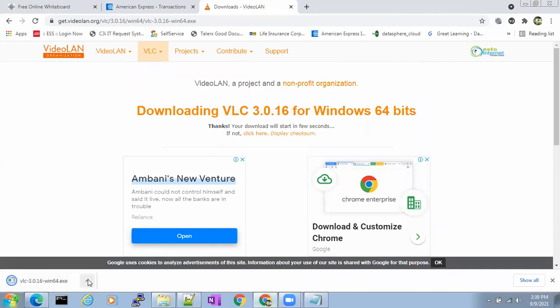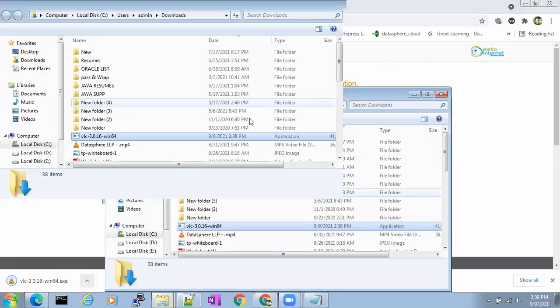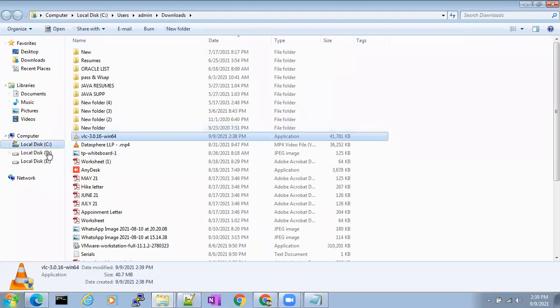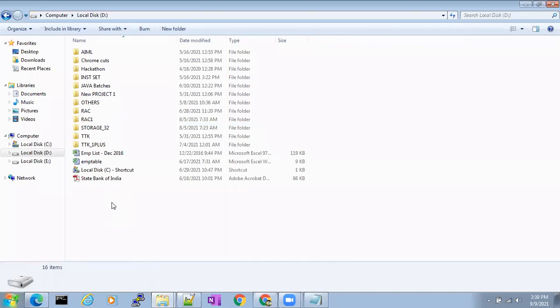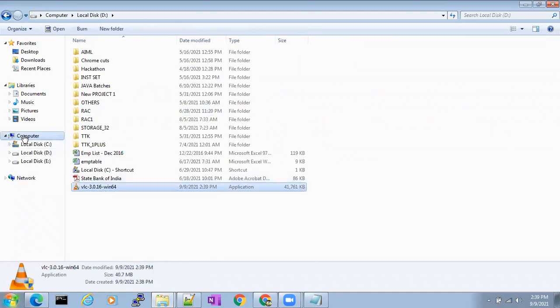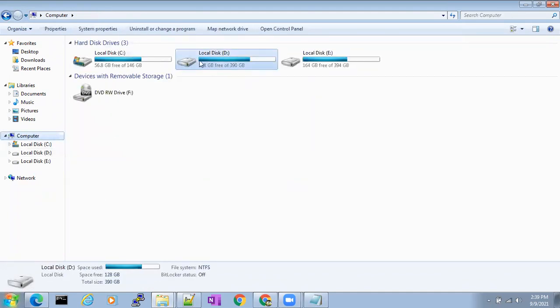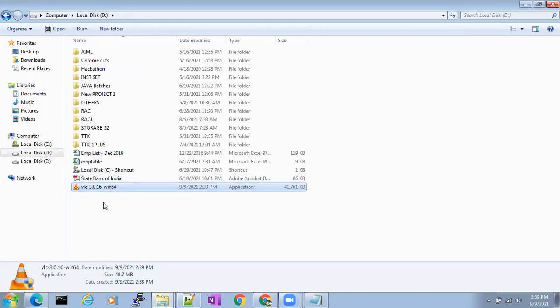Done, the download is done. Show in folder. Now, in which drive have I kept the software? D drive. Yes, I have kept the software in D drive, and now I'm installing it. I click on run as administrator.